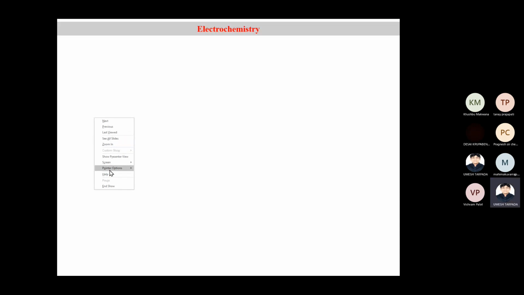In today's lecture, we are going to talk about the products of electrolysis. When electrolysis takes place, you get products at the cathode as well as at the anode. Two reactions take place: at the cathode it is a reduction reaction, and at the anode it is oxidation. The products formed in both cases depend on what factors, so that we are going to talk about right now.